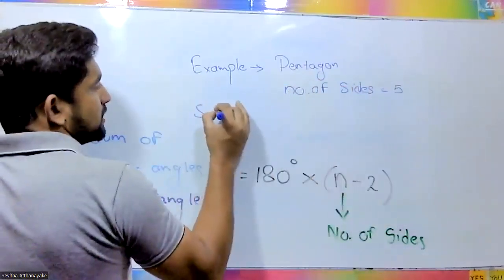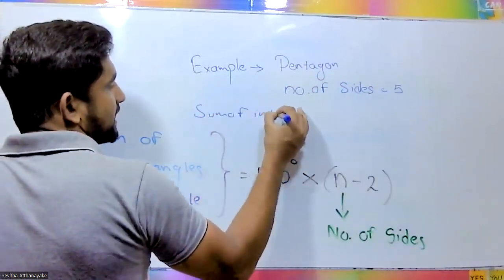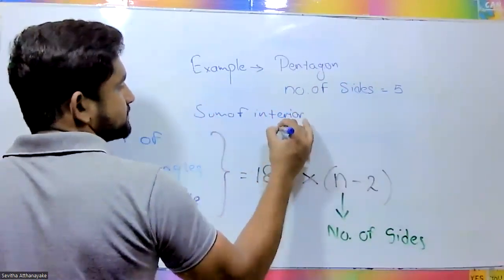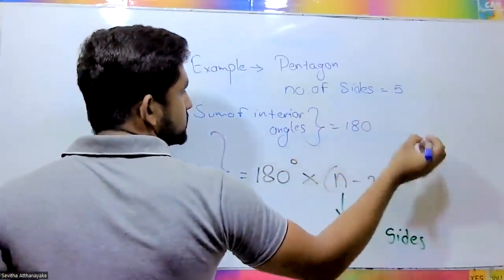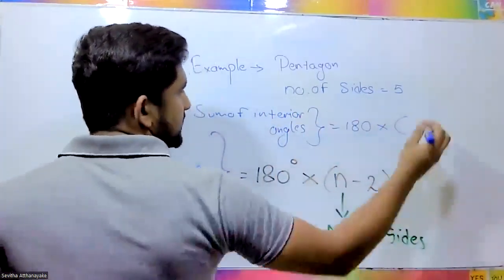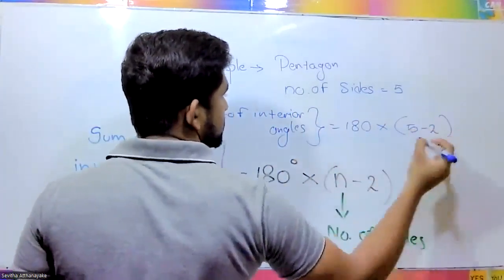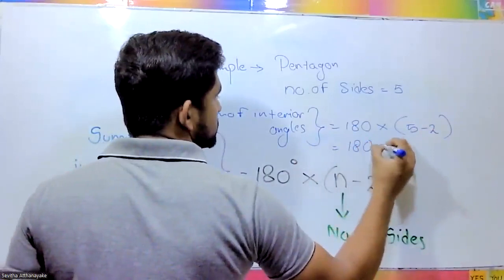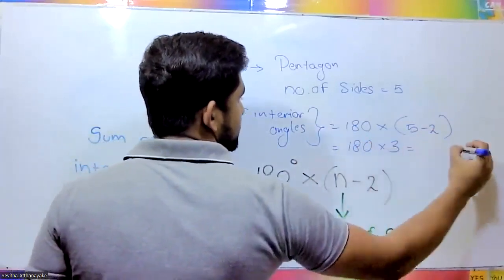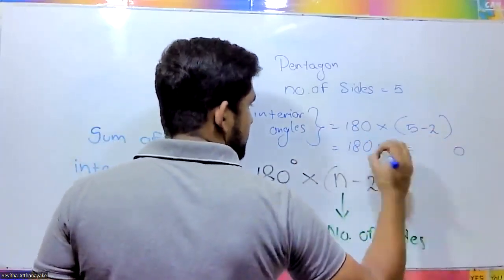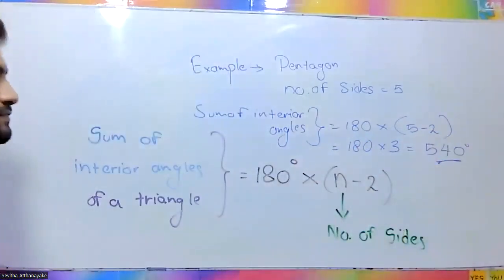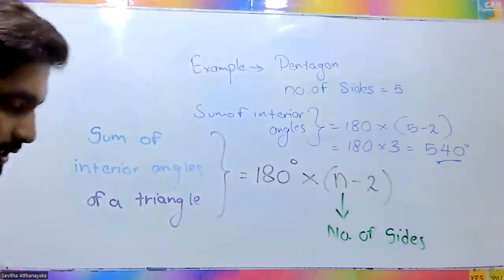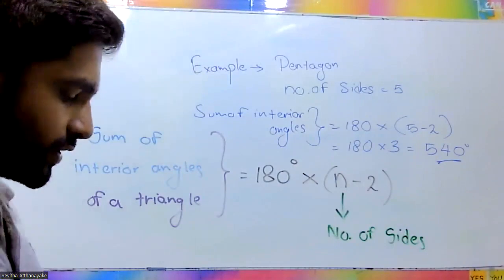So, sum of interior angles is 180 into n, 5 minus 2. 180 into 3. It will be 540. So that is the method. Okay, after writing this, we'll move on to